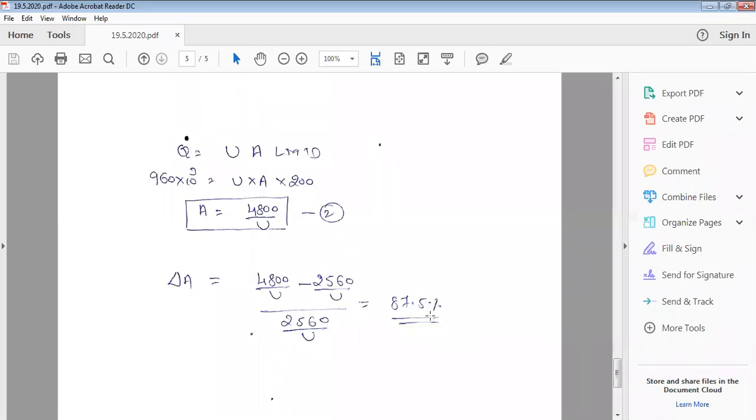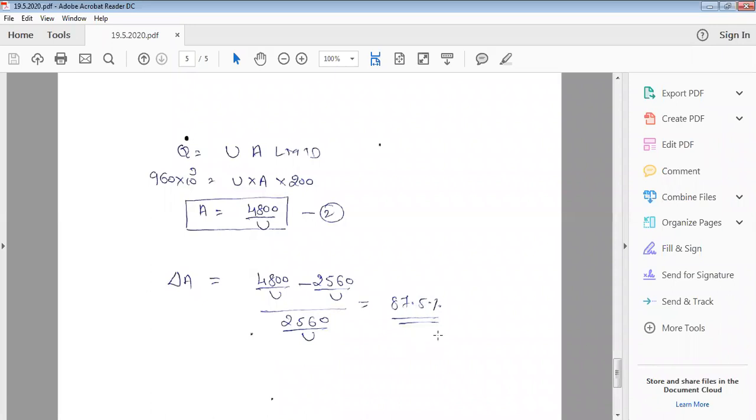Earlier, last class, the screen was not clear. That's why I made a PDF and directly I'm showing it on the screen. Okay. Now, if any student has got any problem regarding the numericals that were solved, you can share. Okay, no problem.